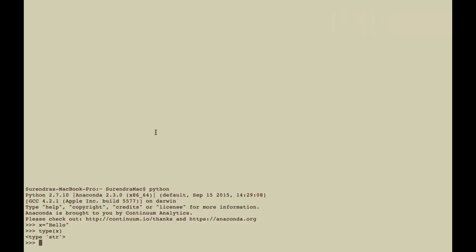Now when you say object, object is an instance of a class, right? So now when I say X is an object, it means that X belongs to certain class, right? So now if I want to find out what is the type of class it belongs, I can find out in multiple ways, right? So you can see one of the ways I just mentioned the type of X, and Python has responded that this is of string. Okay.